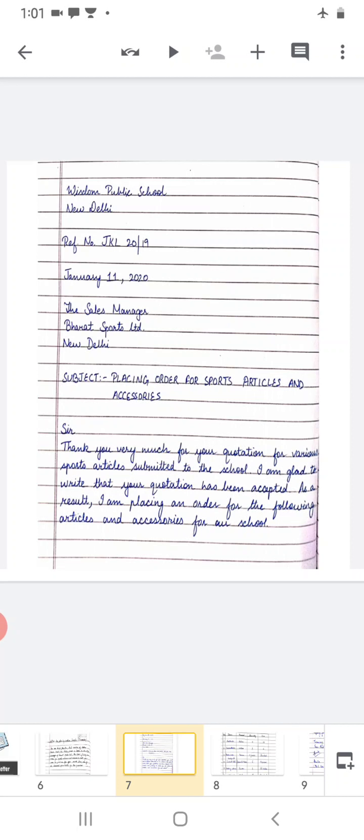"Thank you very much for your quotation for various sports articles submitted to the school. I'm glad to write that your quotation has been accepted. As a result, I'm placing an order for the following articles and accessories for our school." You may also make changes here, not necessarily that you have to follow just this language. You may write down, being the